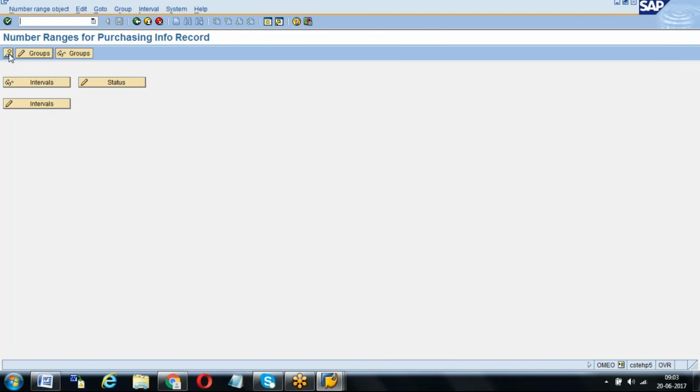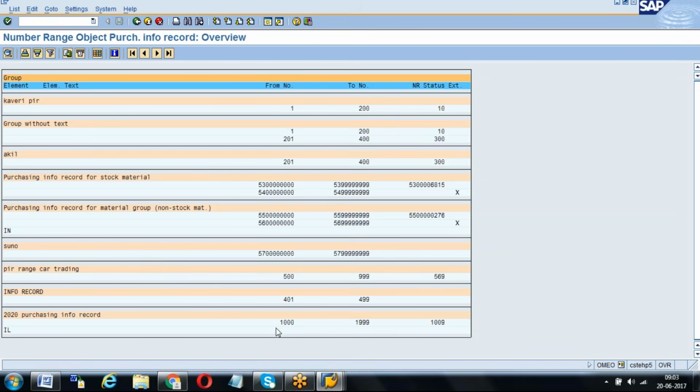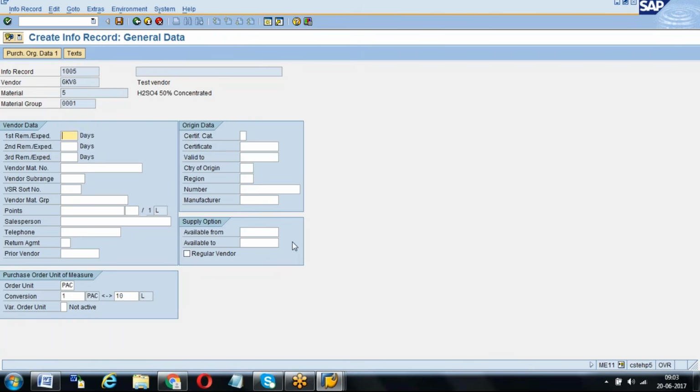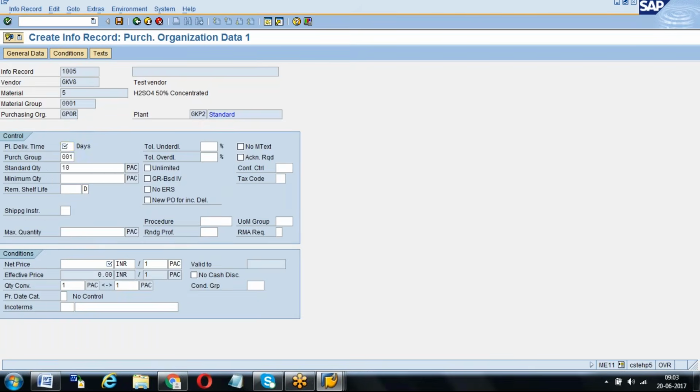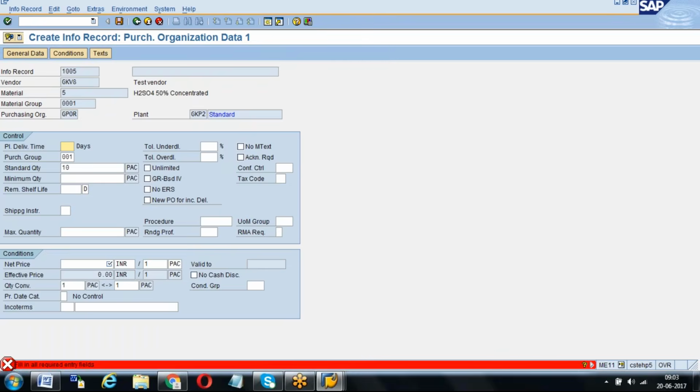When you look at this group, whatever is given here for IL, from that the system takes the number for the material info record you are maintaining. You can maintain your own number range